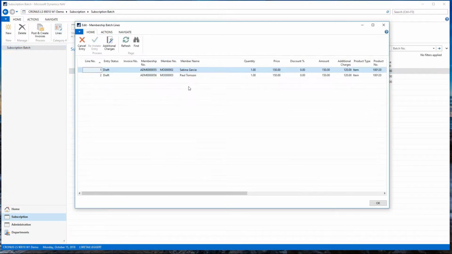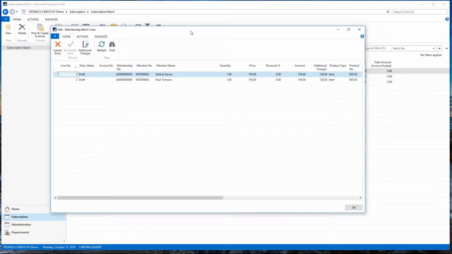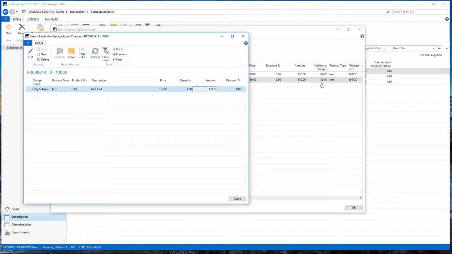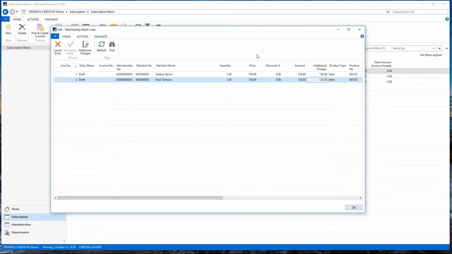Let's take a look. So these are the members that I'm invoicing for the next period, and we can see the monthly charge, and we can also see the additional charges. These are charges defined by the membership type that can issue additional charges to the monthly subscription. From here, I can either